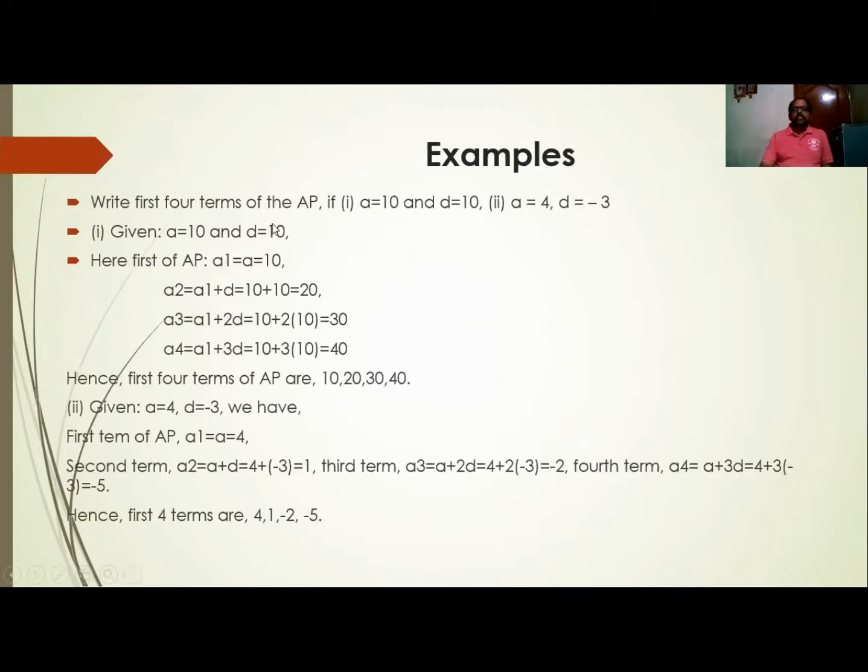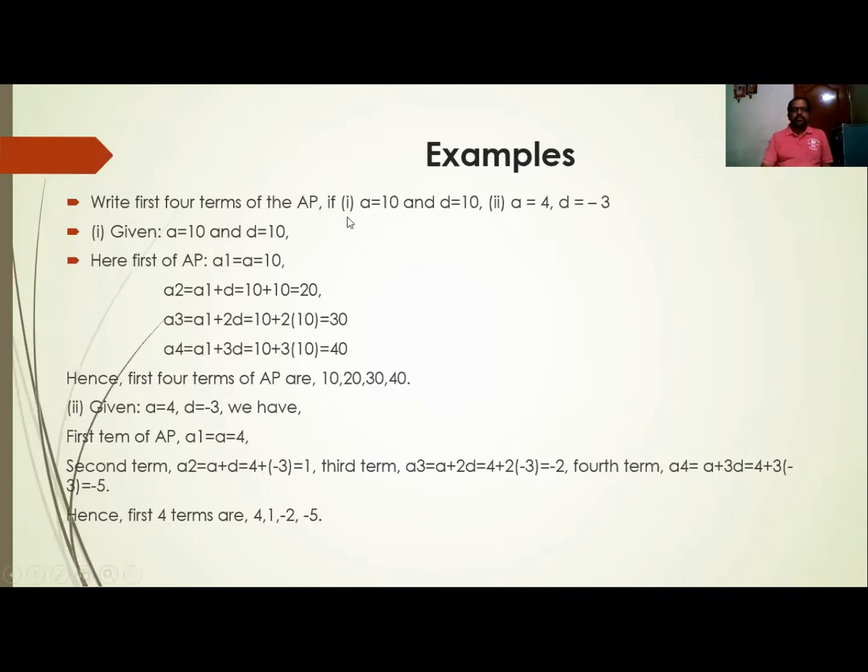These are very important examples. We are solving some examples related to the basic concept of arithmetic progression. We have seen the general form of an AP. If the first term a is known, we can find the second term, third term, fourth term, and so on. You can find any number of terms, the first four terms or the first two terms of an AP, and so on. So here is the question.